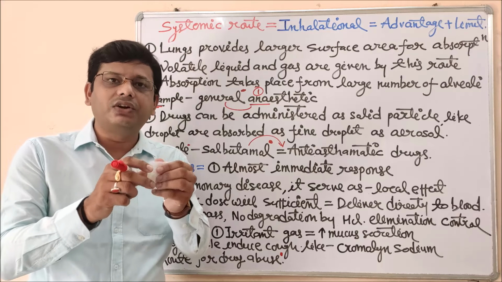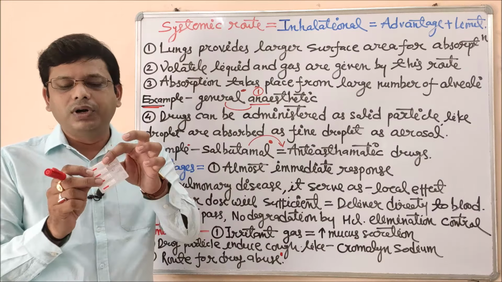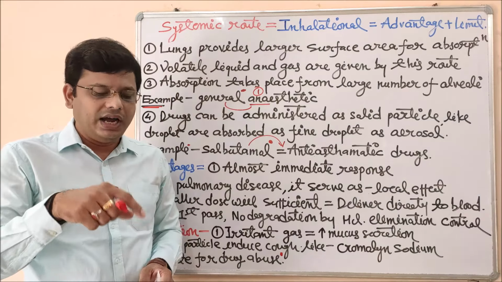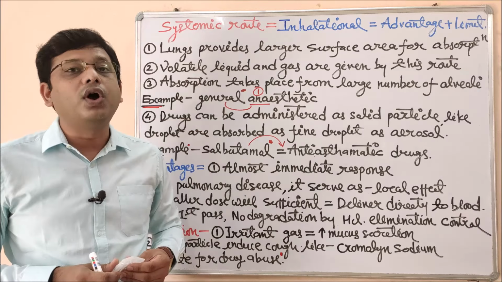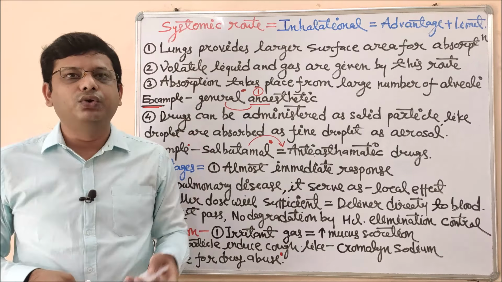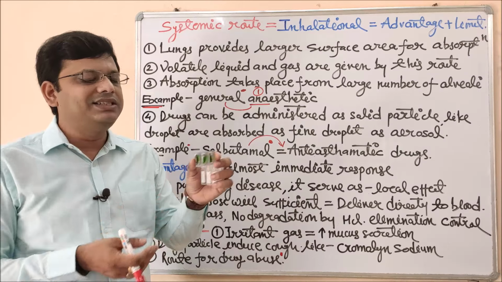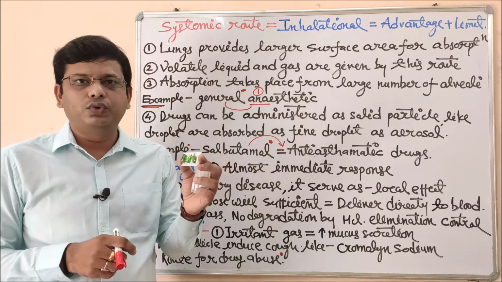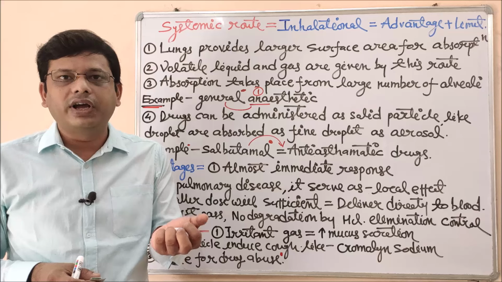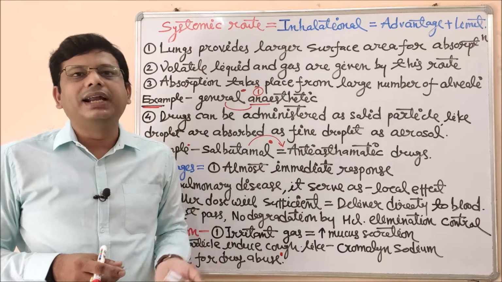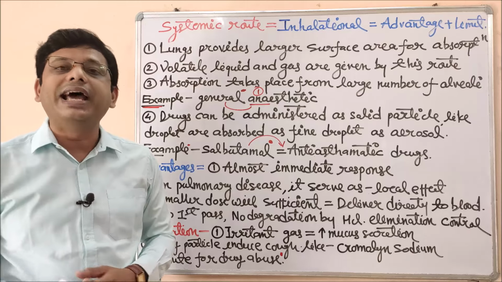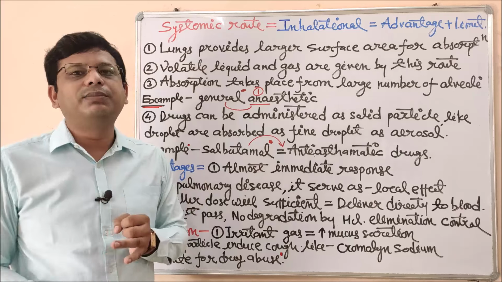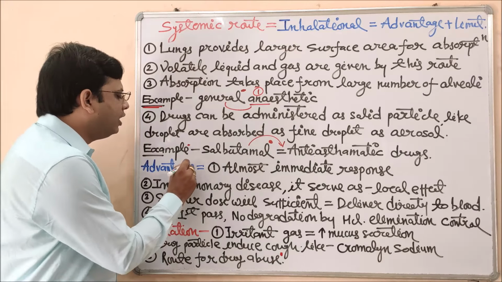If we tear one rectal and pour this liquid into a cavity, from there it will come through the air or vapor and reach the lungs. That will give you a local effect too. So this is ethylene that can be used in an asthma patient, and this is a nasal decongestant. These are small capsules. You cut this capsule, pour the liquid onto a hanky or any cloth, then smell it like this. That will give relief from nasal congestion. So all these examples I have shown you come under the inhalation as well as the nasal route of drug administration. So let's see the advantages.